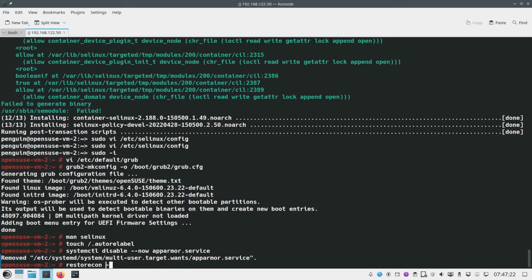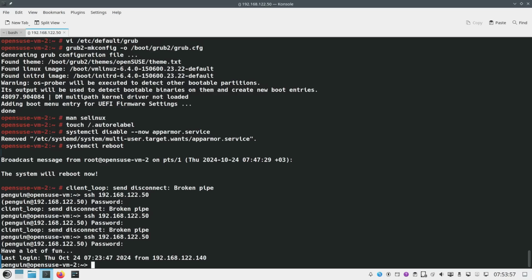Okay, so let's reboot our system, and I will be back after the reboot finishes. Okay, so it seems that the system didn't boot in SELinux while it's enforcing, and I had to move it back